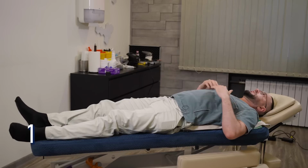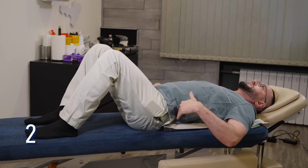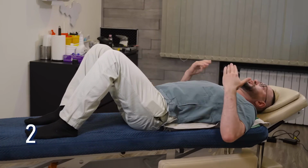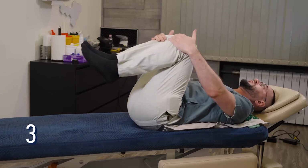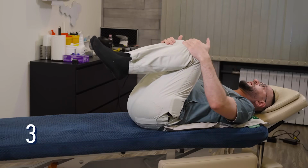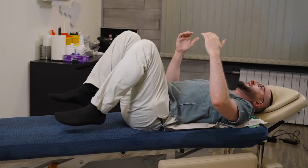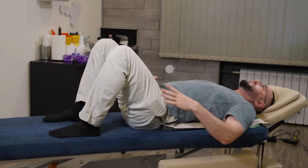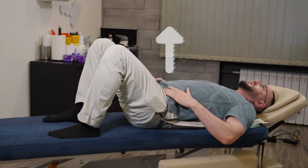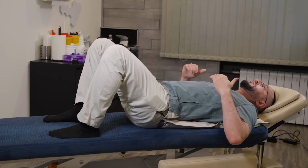To enhance the effect, you can bend your legs, then the pressure in the lumbar area will increase. If you want to create even more pressure in the spine area, you can lift your legs higher and pull them a little towards you. In this way, you can maximize the pressure in the lumbar area. To unload the load, you can, on the contrary, lower your legs and slightly increase the pressure in your feet. In this way, we will unload the load in the lumbar area and increase the load in the chest area